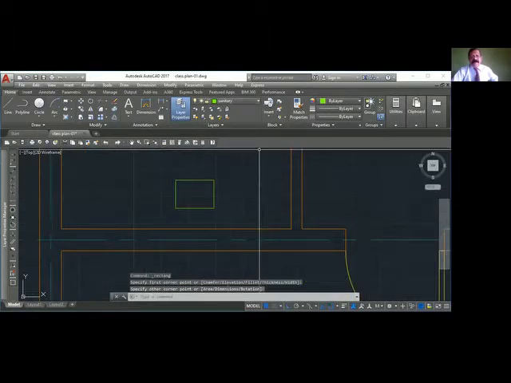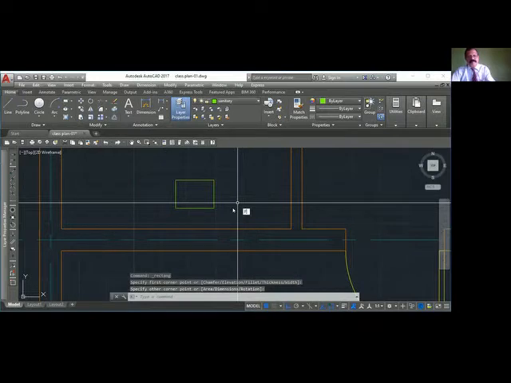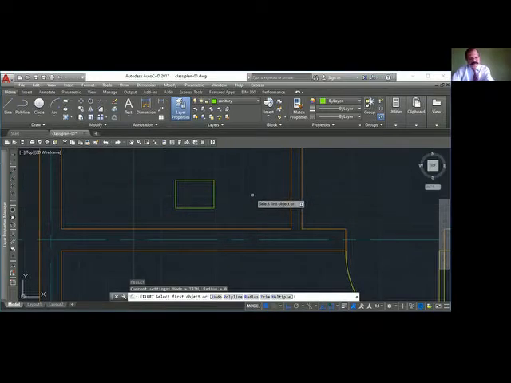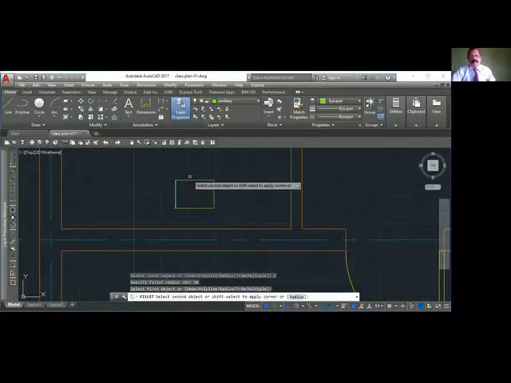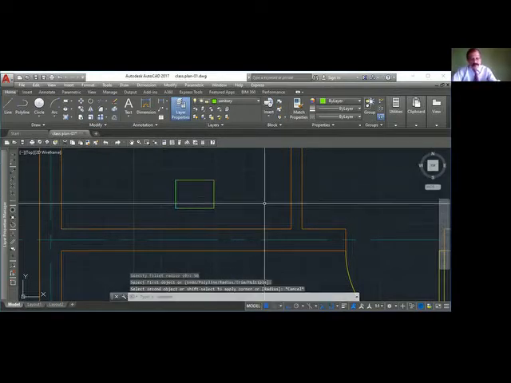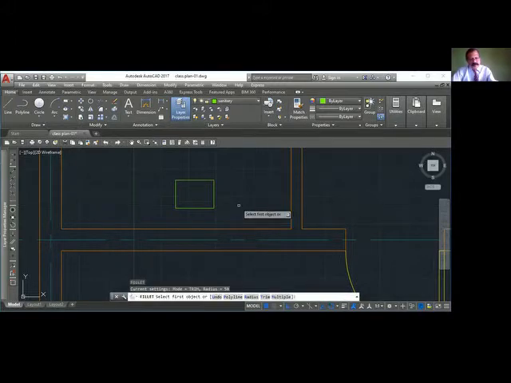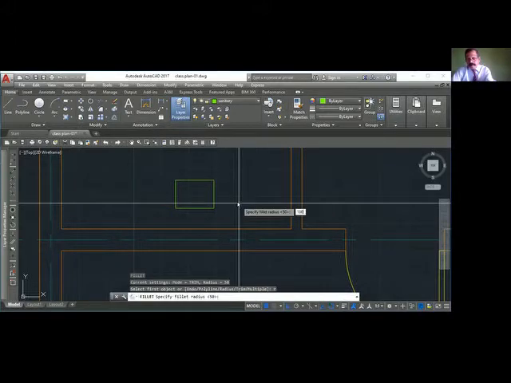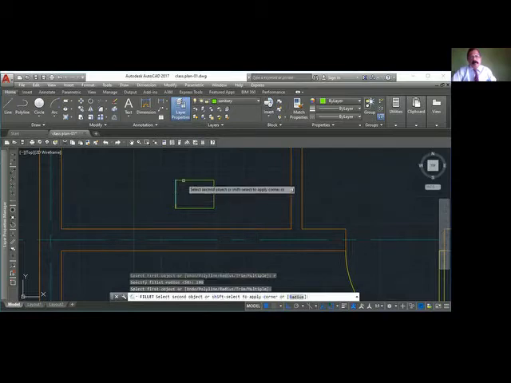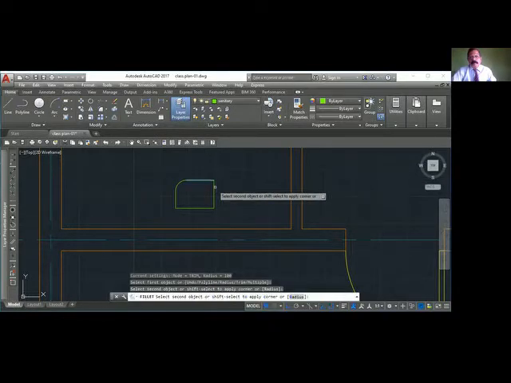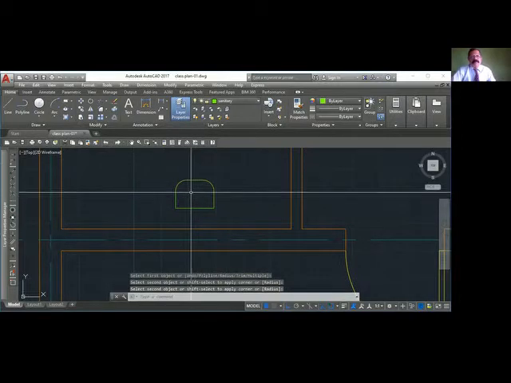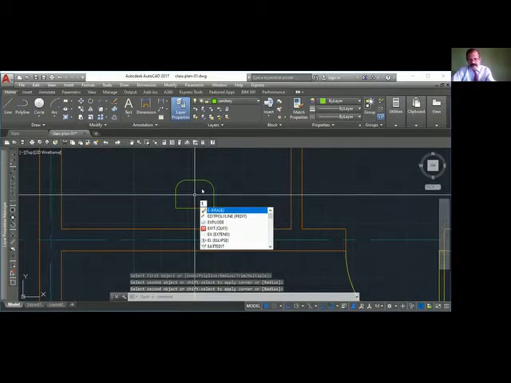So that layer, I'll use fillet, radius 50. 50 is not enough. Fillet, F for fillet, radius 100. So make a small ellipse here.